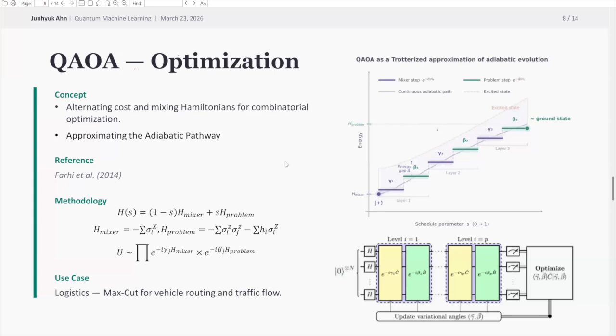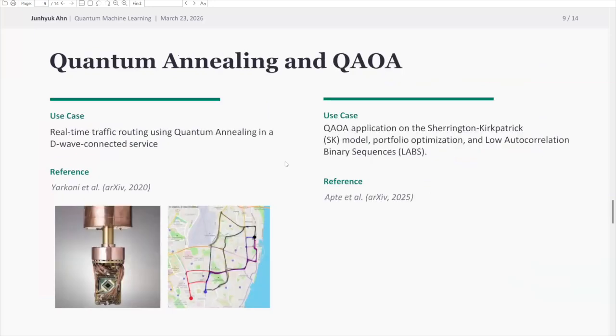in the illustration above. QAOA is also used for qubit problems, and the most well-known example is solving the max-cut problem. One real-life, interesting example is from the Volkswagen Group. They used a D-Wave connected service to analyze the bus traffic routing service for a seminar session for 4 days in Lisbon in 2019. The system was open online for 4 days, and it was operating in real time, routing the bus traffic using a